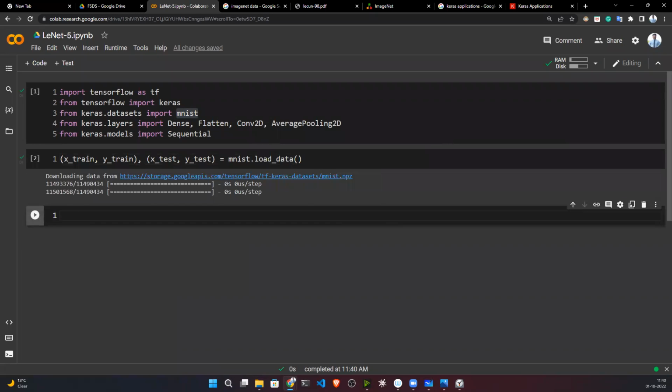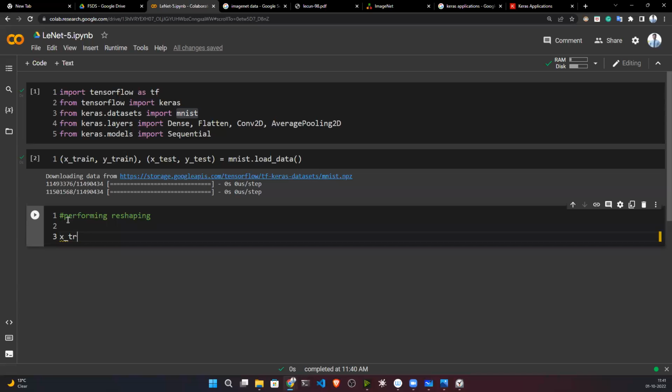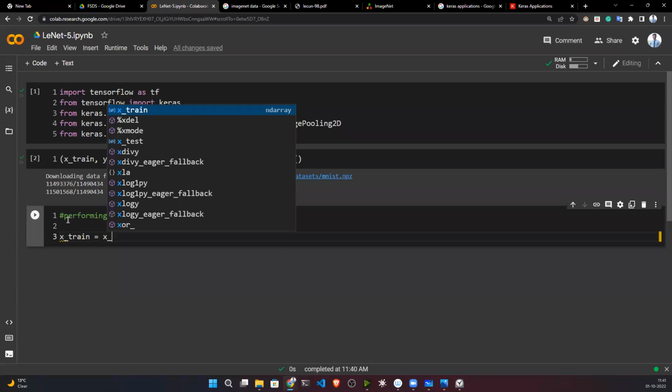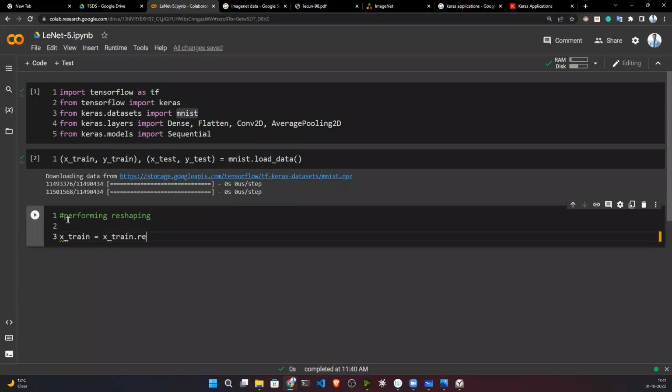Now, before passing this data to my model, I can do some pre-processing to this data. So first of all, let's reshape this data. Performing reshaping. So first of all, x_train equal to x_train dot reshape. I want to reshape